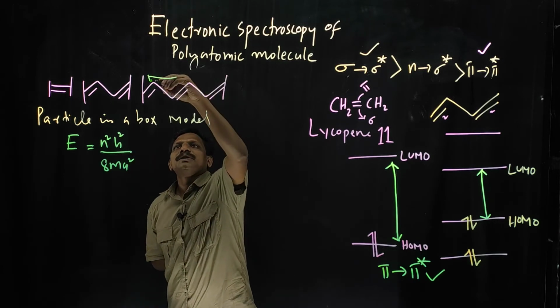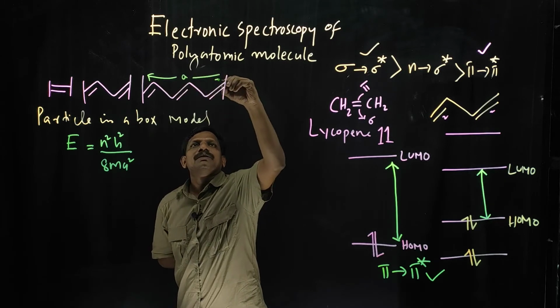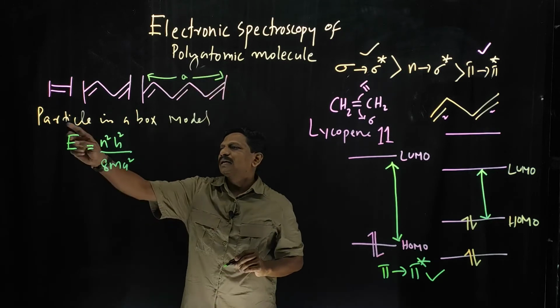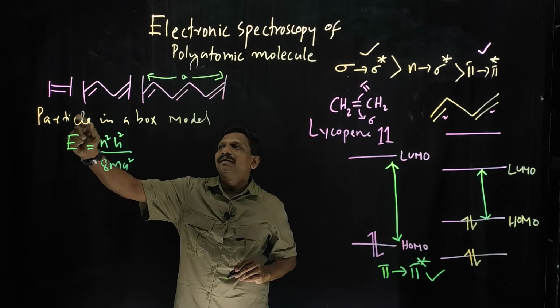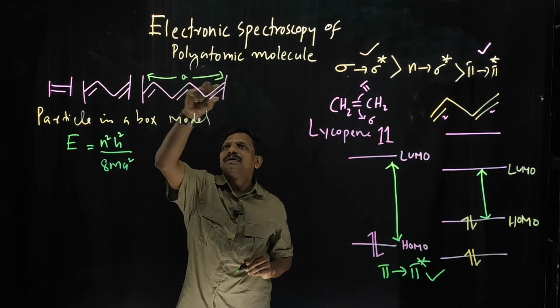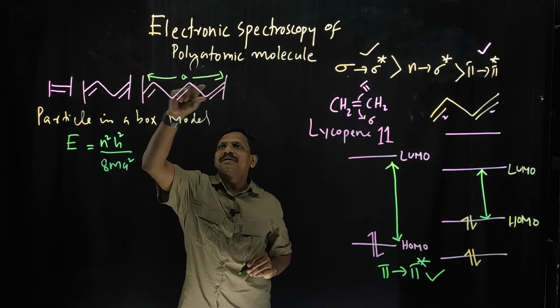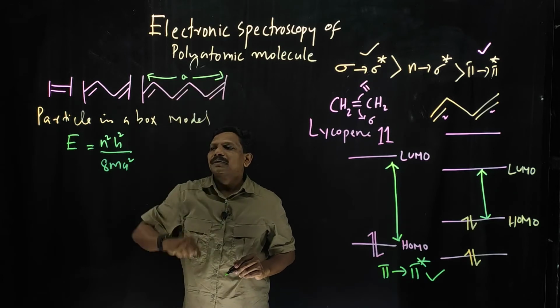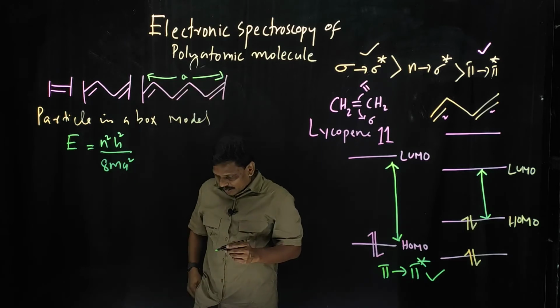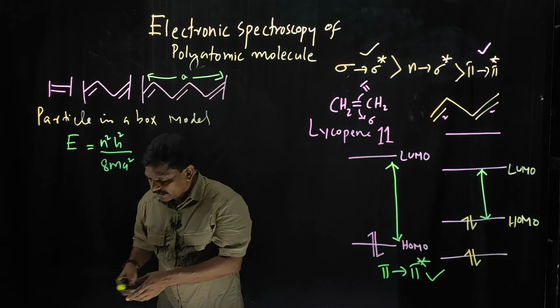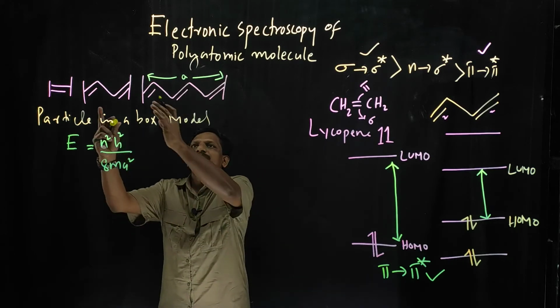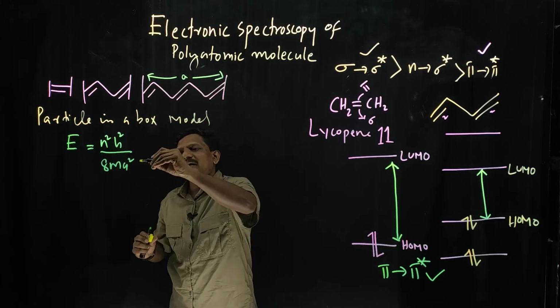A is actually the length of this box. Particle in a box model means what is the particle here? Particle is the electron. So electron is in a box here. It's less like this. Okay, A you can see. So I can tell you that when A increases,